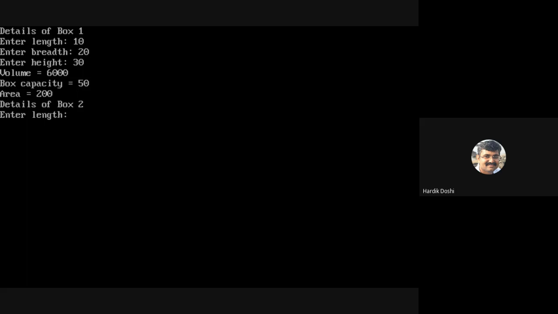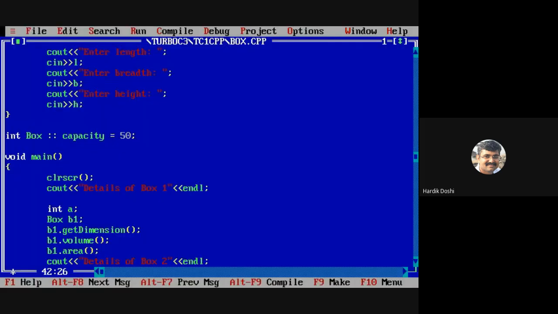Yes or no? For second box, again 50. Do you agree with this? See, I have initialized it one time only. The capacity is 50 for all objects.